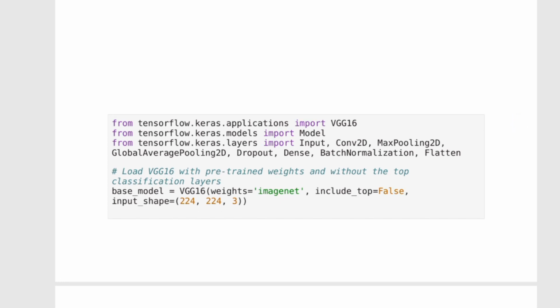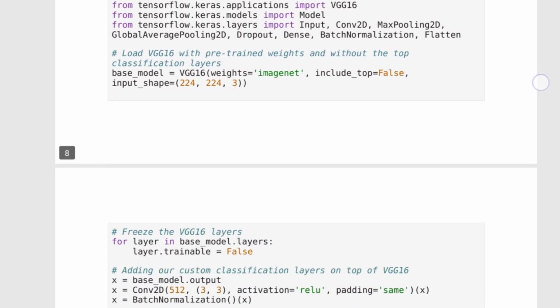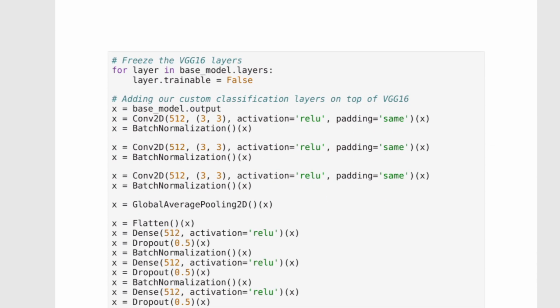Our base model, the VGG16 architecture, is pre-trained on ImageNet as a base model for transfer learning. This particular code loads the VGG16 model without its top classification layers, then it freezes the VGG16 layers, and then it adds our custom classification layers on top of